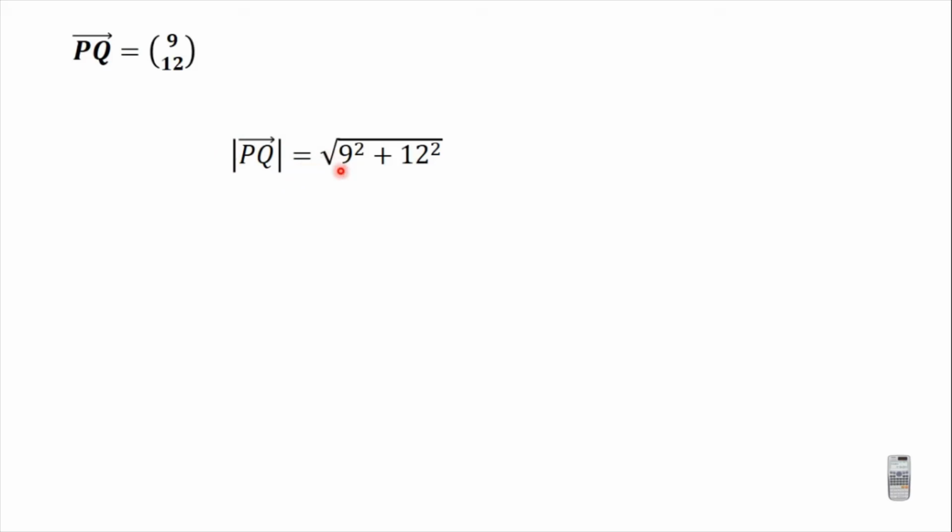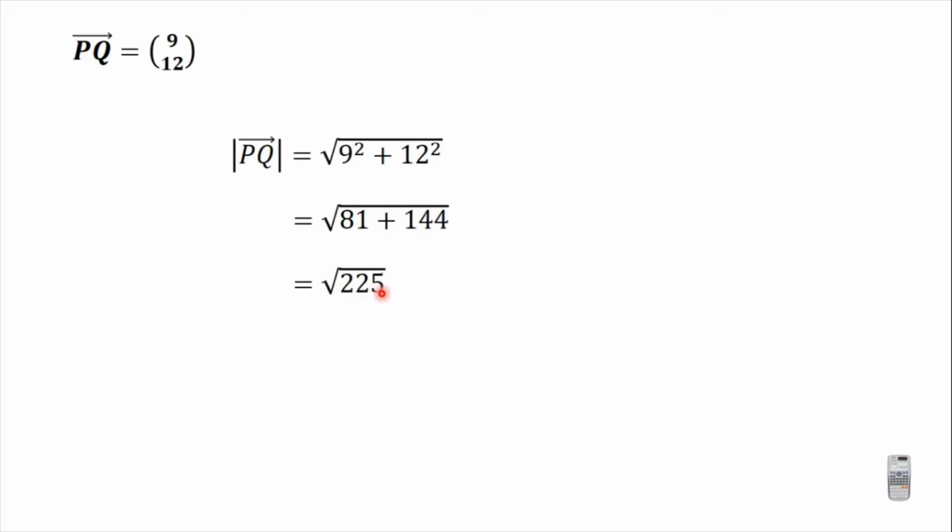It's equal to the square root of the x component squared, so 9 squared, plus the y component squared, 12 squared. So you do this on your calculator. You know that 9 squared is 81, 12 squared is 144. So the square root of 81 plus 144 will give us the square root of